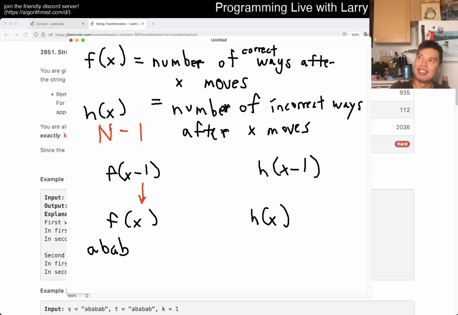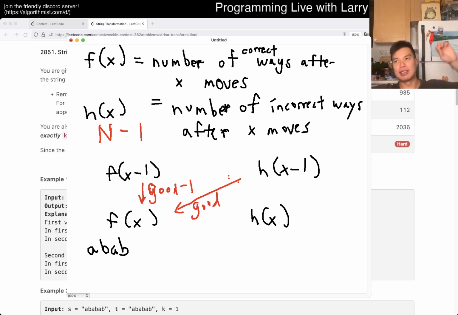So there's good minus 1 ways of getting here, right? Where good is equal to the number of good ways. Hope that makes sense, because here there's good number of ways, because you can always get to one of the offsets by using good number of ways. And good minus 1 is because you can't stay at 0, and because you're already in a good place. And then in the other way,